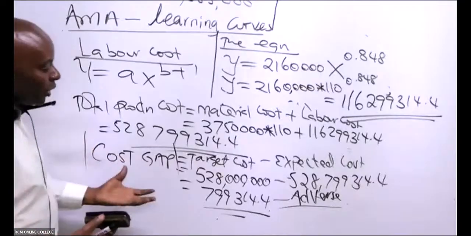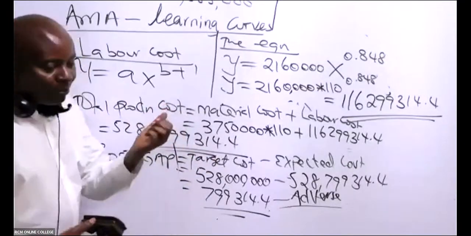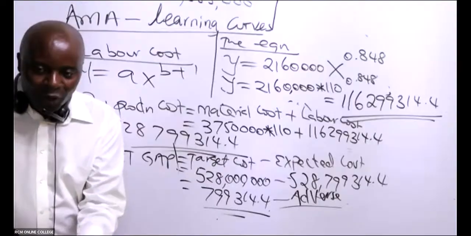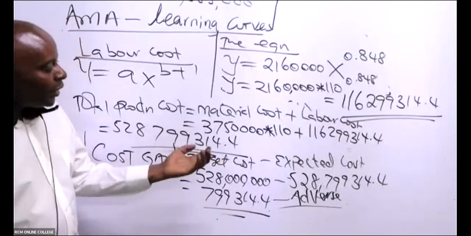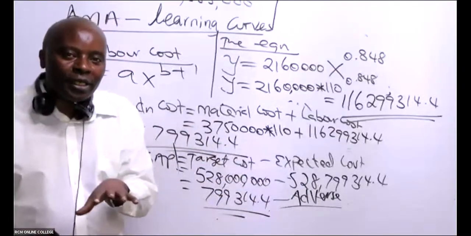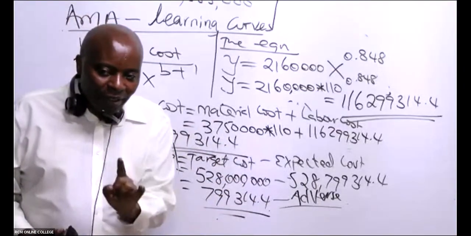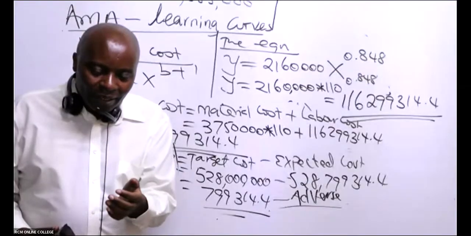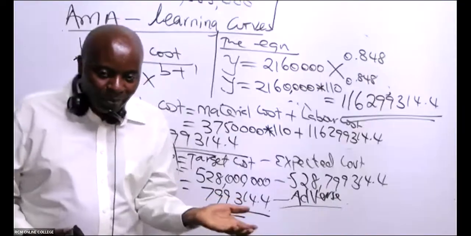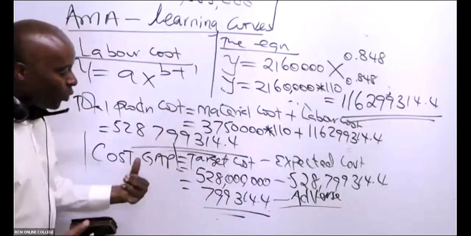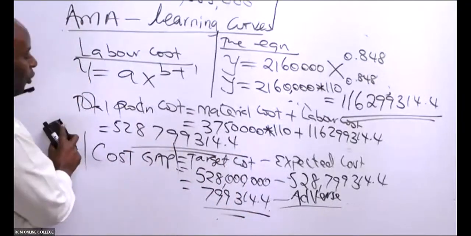So to close this cost gap, you will reconsider the materials. What type of materials are you using? When they are very expensive, always consider alternatives. To cut this cost gap, you'll also be able to reconsider the kind of labor you're using. Don't use very expensive labor. Even these KYMs, these guys who are training well, they do a very good job. You cut down on cost, to fit within your budget.